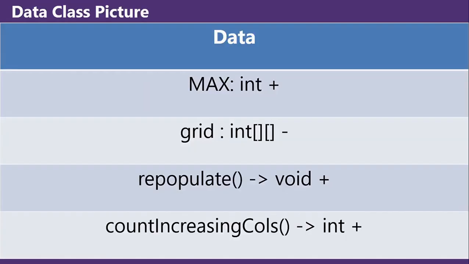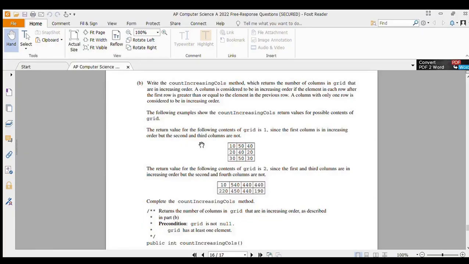You have a public integer member max. You have a private 2D integer array member grid. You have a repopulate method that's public and returns void, and you have a countIncreasingCols method that's public and returns int. For question 4b, you're writing the countIncreasingCols method, which returns the number of columns in grid that are in